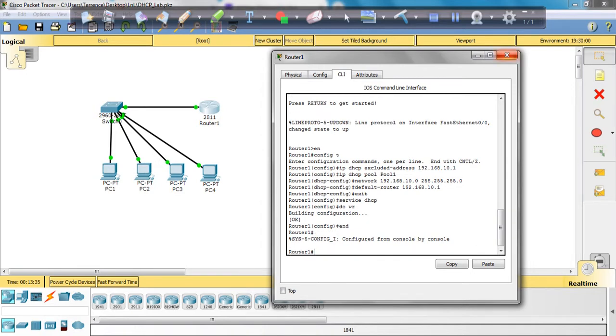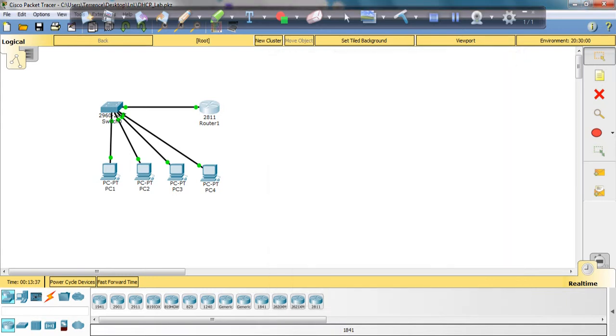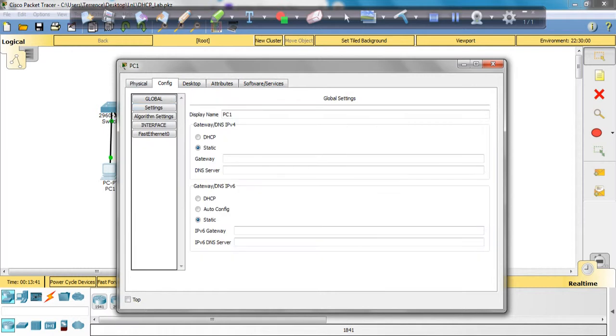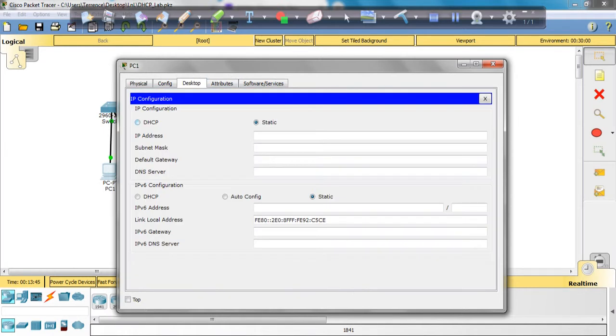So now let's go to the devices. Since DHCP is configured, we're going to go to each of these computers here and set it for DHCP. Set it over for DHCP. Let's send a request, and there goes the IP address. If you can see this, here's the IP address in this line here. And if you notice, we didn't have to do anything but set it to DHCP, and it pulled the IP